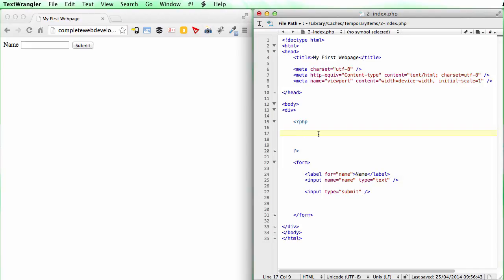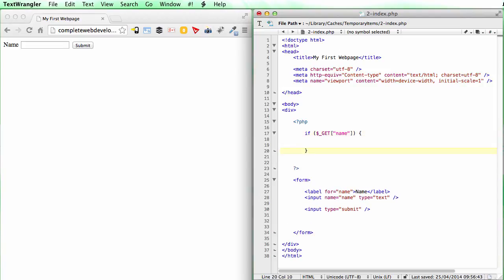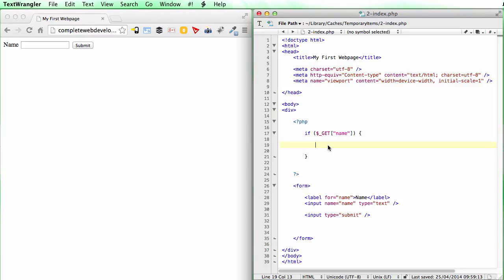So we can do that very simply. If $_GET['name'], and that's it. So that will return true if $_GET['name'] has a value. Then do something. So if the get name variable exists, then for the moment let's just display that. So echo